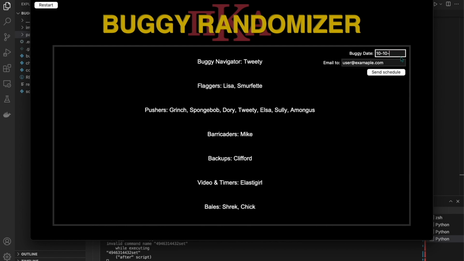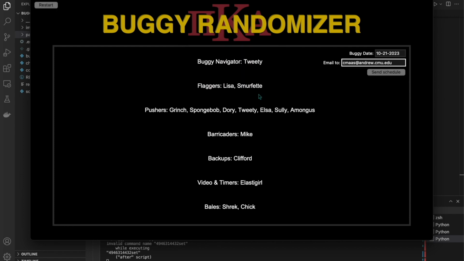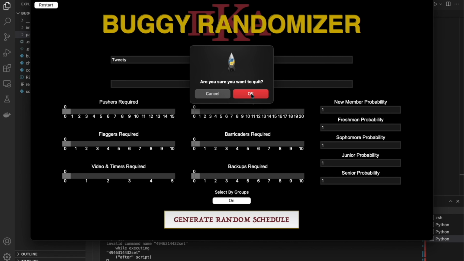So let's enter a real date, perhaps for this weekend, which would be the 21st of October of 2023. I'll put my actual email in there, and then we can check my inbox after. And we send it. After sending it, we get a pop-up that says the email was successfully sent. At this point, we have nothing more to do with our program, so we can either restart it, or we can go up to our top here and just completely close out the program, which quits it safely no matter